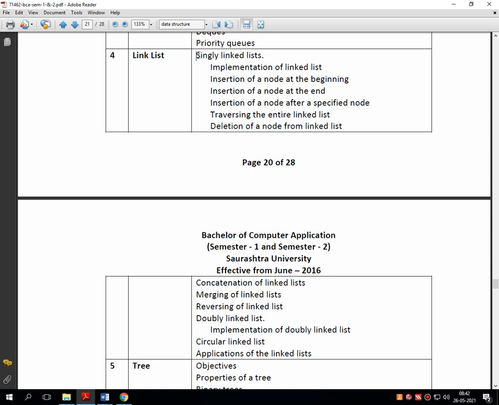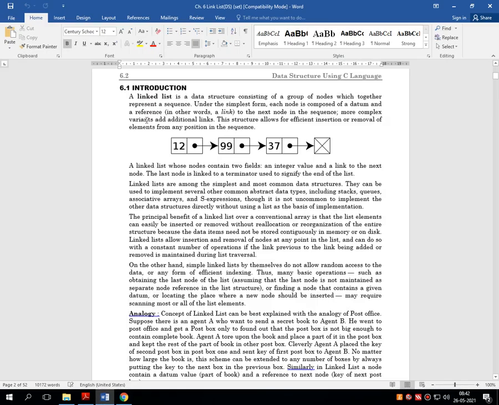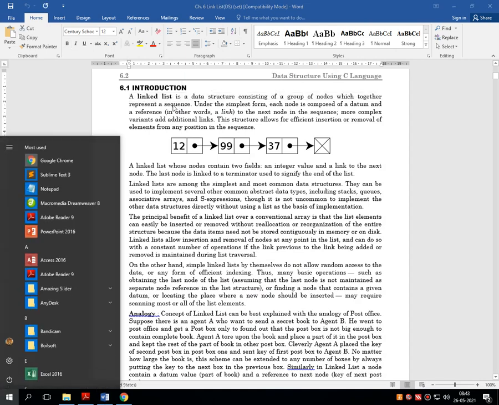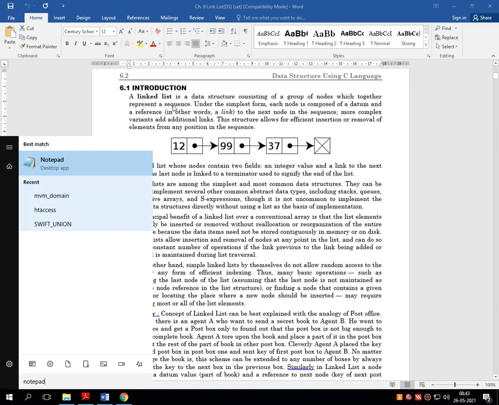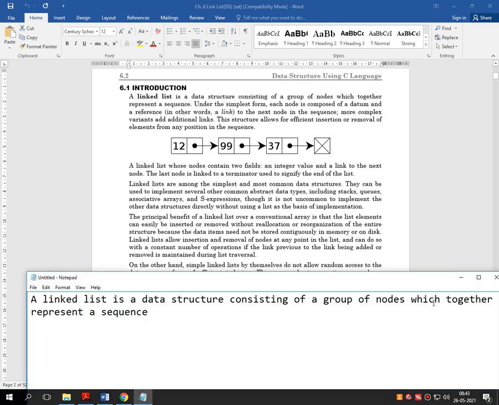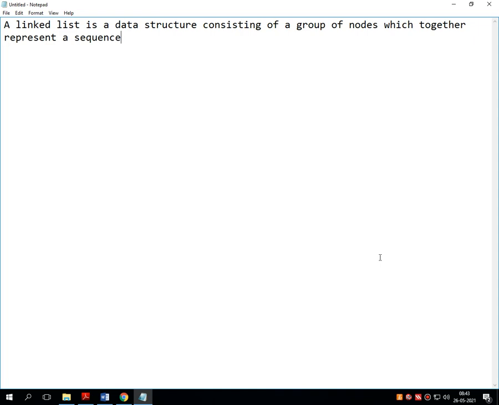So let's start with the first thing, what actually a linked list means. The definition of linked list is very simple. A linked list is a type of data structure which consists of a group of nodes which together represent a sequence.